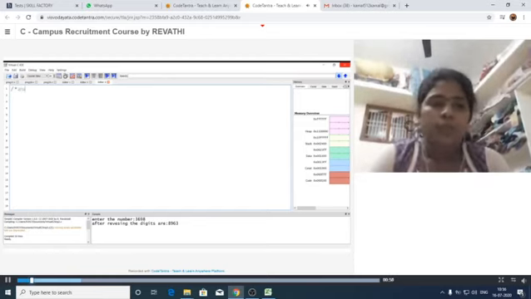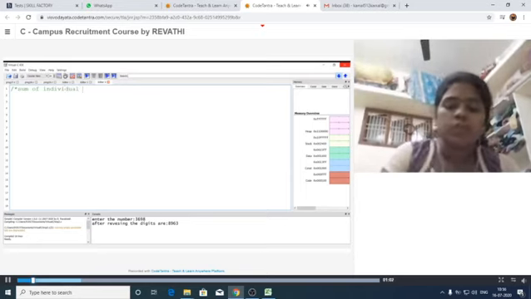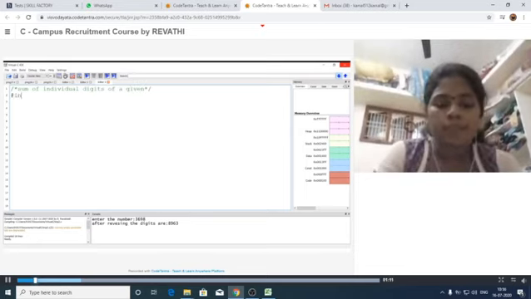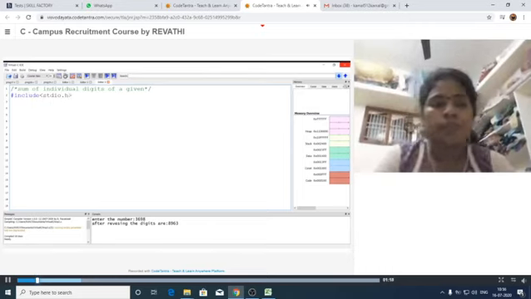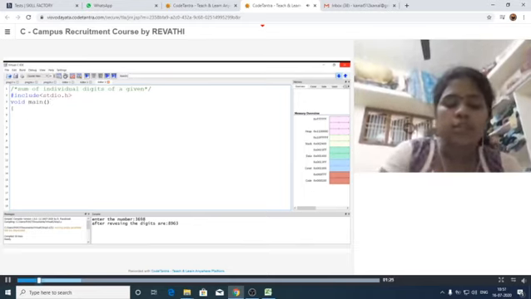Okay, so let us see how to write the program for this logic. First write down the comment lines: program for sum of individual digits of a given number. Next, write down the header file. What is the header file we need to use? Hash include stdio.h. Next, our C program execution starts with void main.